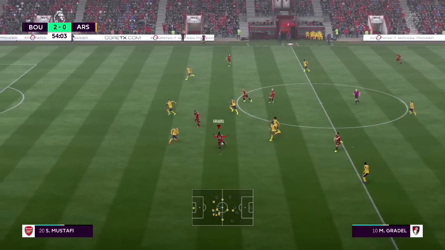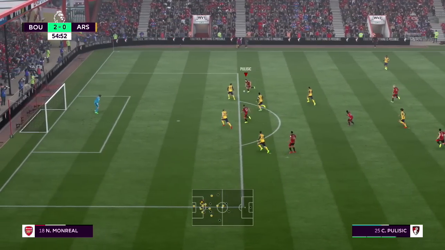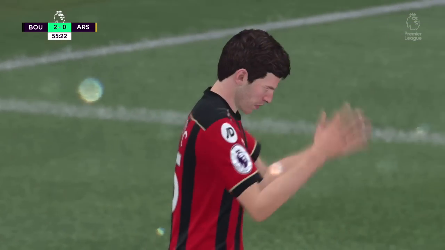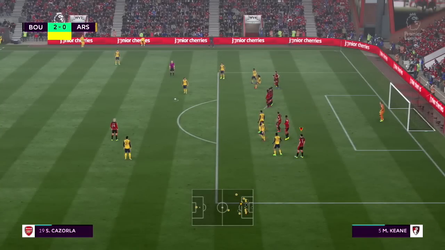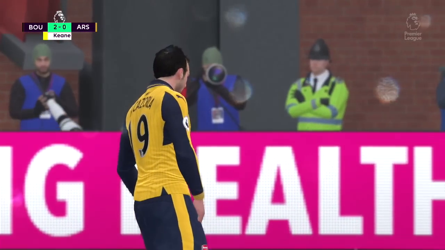Another opportunity for us. What are Arsenal doing in this game? I have no idea. Gradel finds Christian Pulisic. Pulisic goes for goal and he hits the crossbar again. So as I said, we're having a crossbar challenge against Arsenal. We've hit the crossbar now 3 times, and towards the end of this game, Arsenal finally had a few opportunities